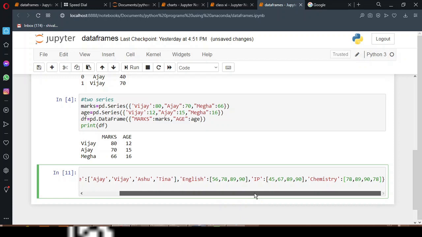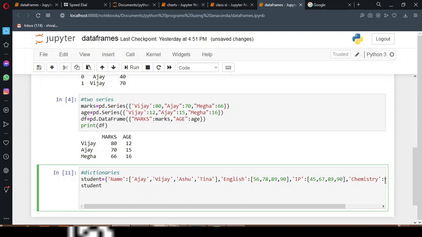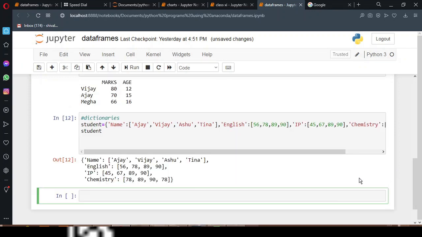That's all. Let me quickly check this dictionary just by using student, this is the dictionary name. Shift and enter. So 4 students and 4 marks.